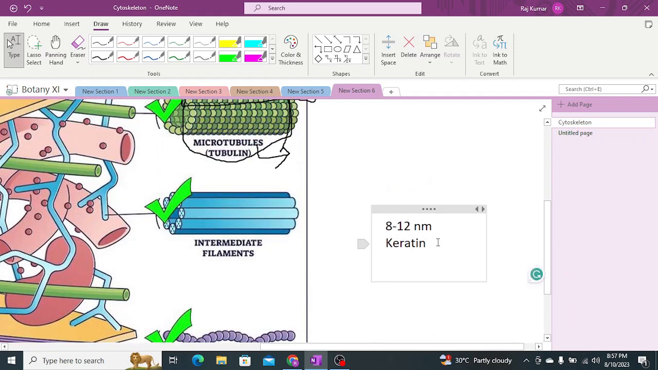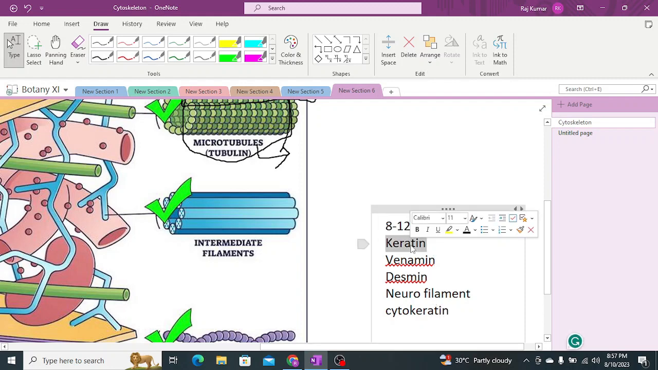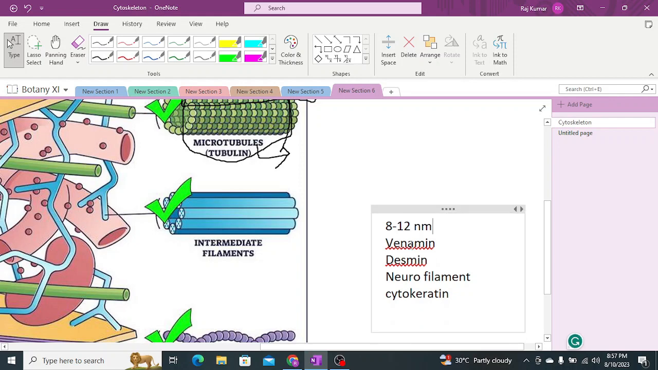After which we have another point here: this intermediate filament is made up of five different types of protein, which includes vimentin. I'm not sure about the spelling, whether it is correct or not. You may just Google it for the spelling. I guess it's vimentin, desmin, as well as neurofilament. After which we have cytokeratin, which is basically this keratin structure. Whenever we are writing generally, we write it as keratin, but here the actual structure present is cytokeratin. And last but not least, we have